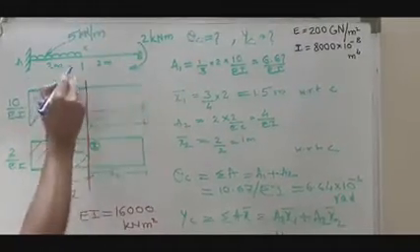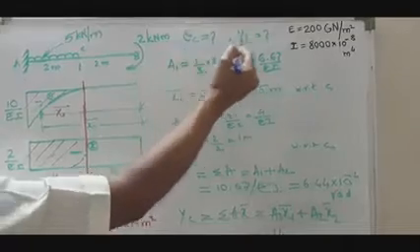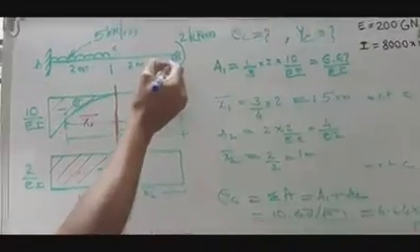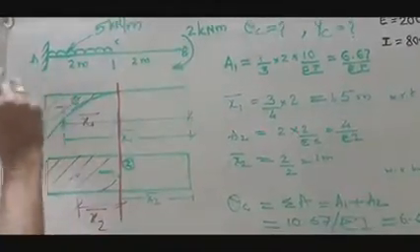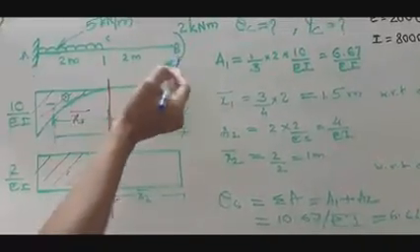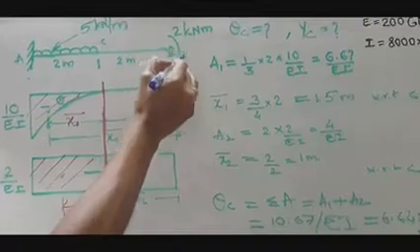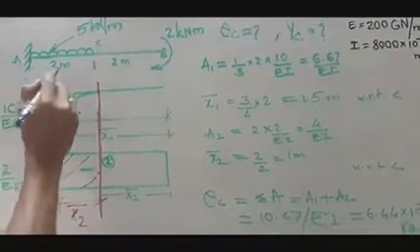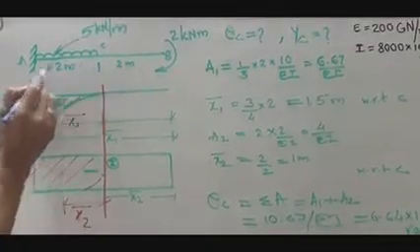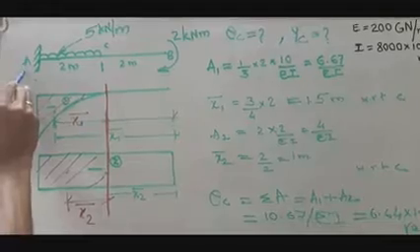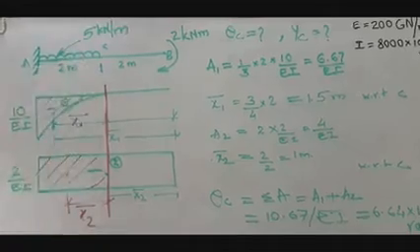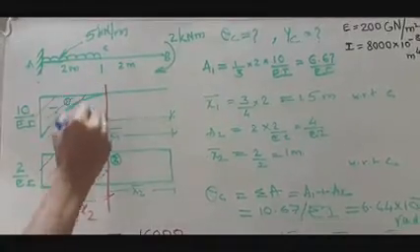Now let us calculate slope and deflection at the point C. When we calculated the slope and deflection at B, we considered the area between B and A, because to get the slope at B, you take the area of the M by EI diagram between B and A. That is nothing but the change in slope between B and A. Theta B minus theta A, where theta A is 0. Similarly, to calculate the slope at C, we have to consider the area of the M by EI diagram between C and A. Because theta A is 0, this directly gives you theta C. That means now you have to consider the area between C and A.